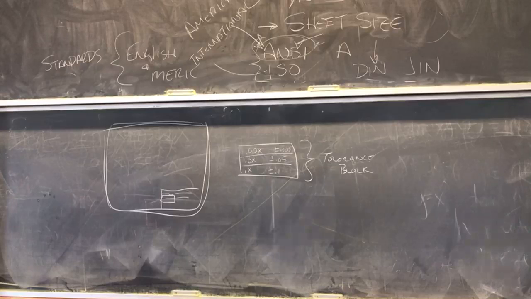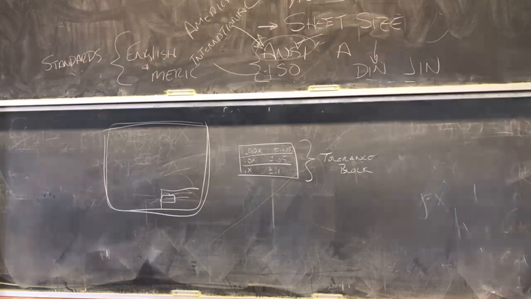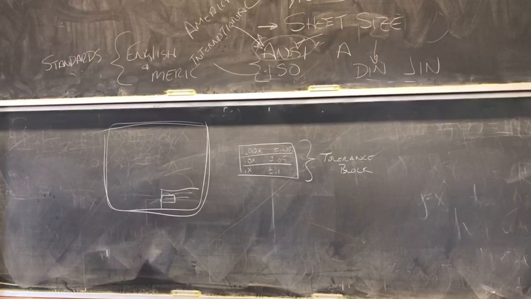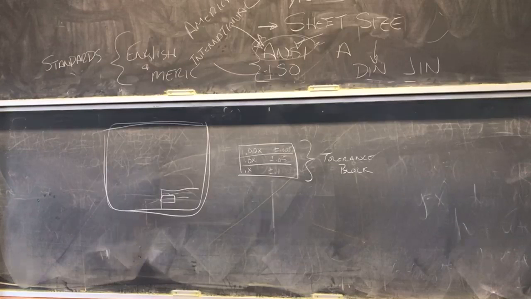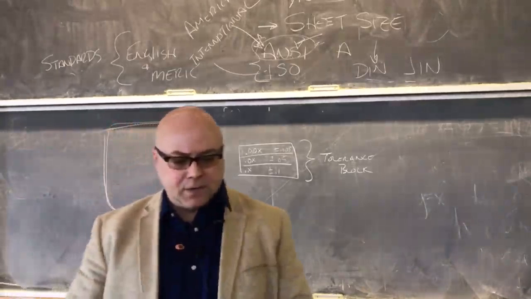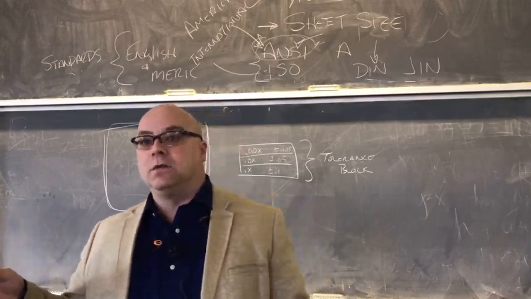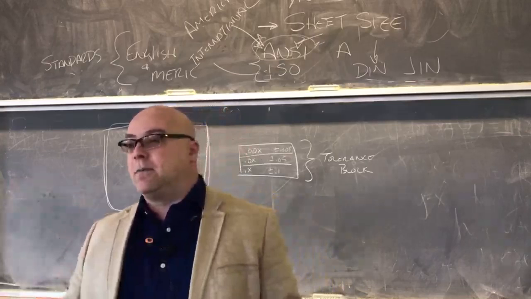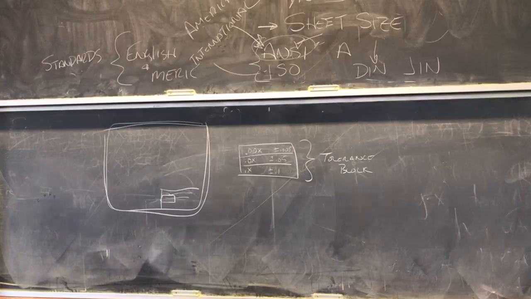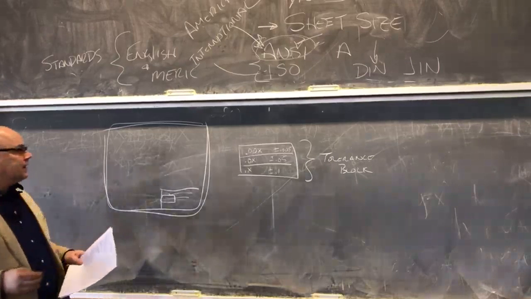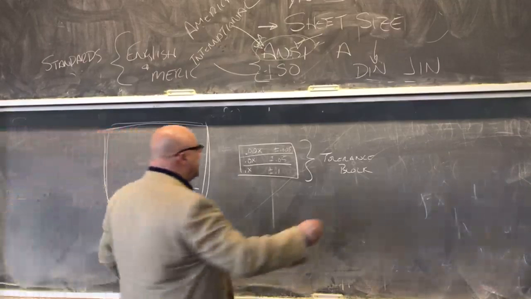The purpose for this standard is so that when you are the designer and he's the manufacturer, you can send him a drawing, and if he doesn't know what one of the symbols is, he can go look up what that symbol means. So the purpose of the standard is to facilitate communication. That's the purpose of all standards, so that when you get to court and you're suing him because he didn't give you the right parts, and he says, nope, look at the drawing, I gave you exactly the part you asked for, there's some reference and the judge can figure out who owes who money. All right, so that's why we do this. It facilitates commerce.